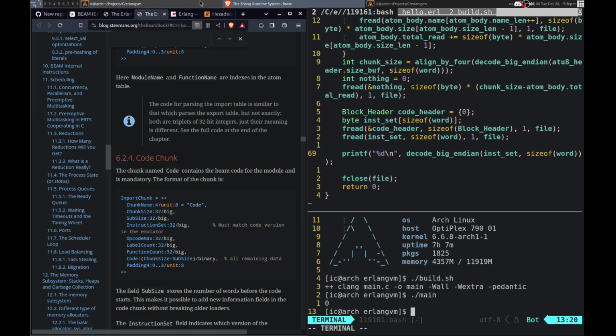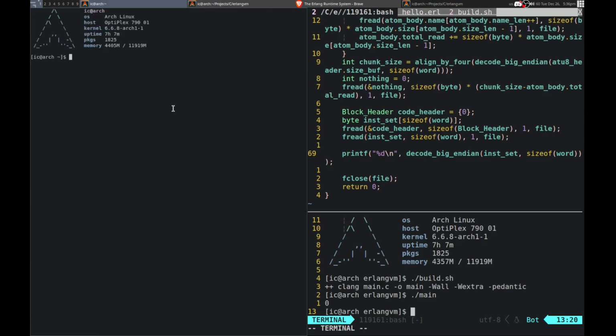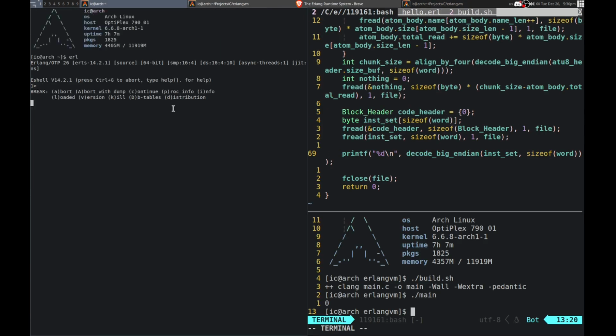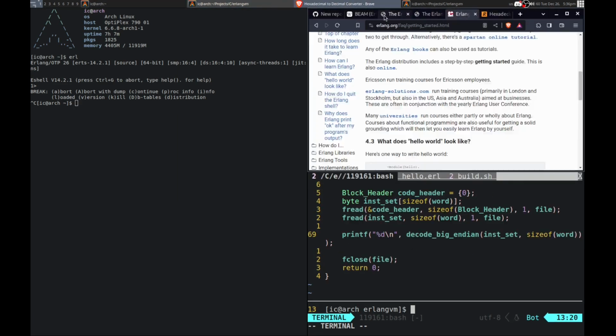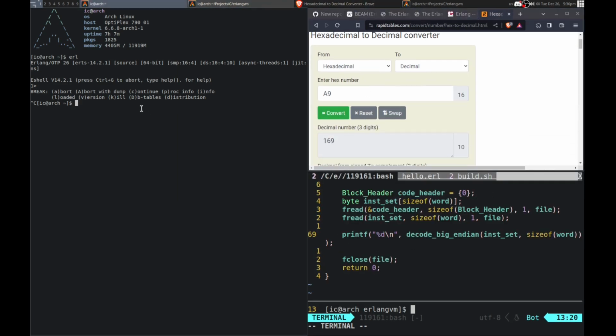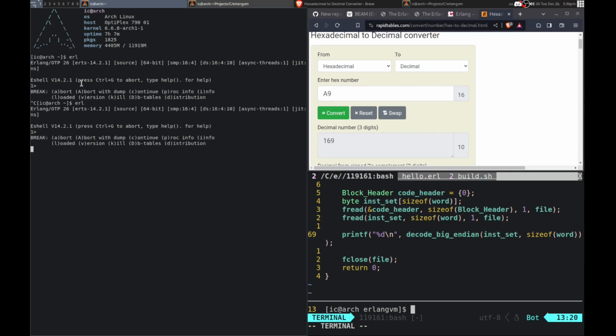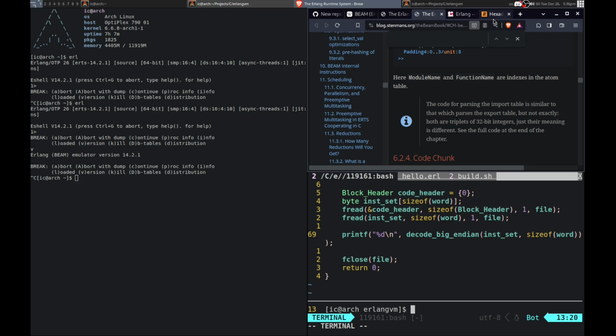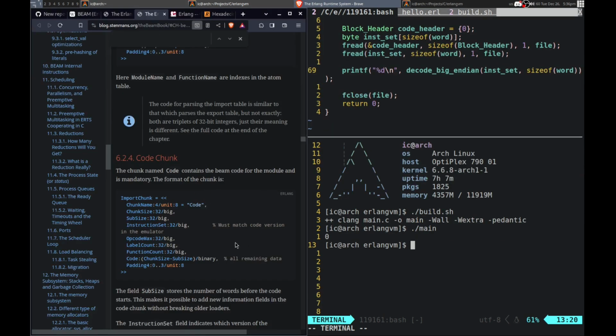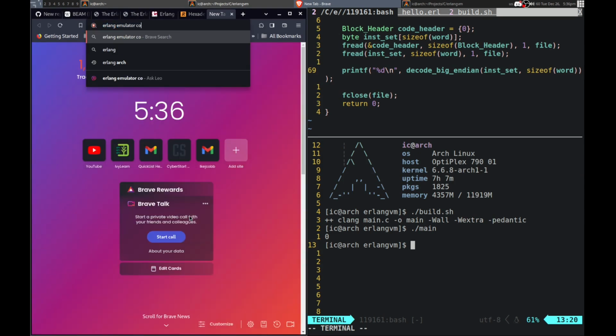Okay. So in the emulator, what is it? Actually, is it 14.2.1? Let's see. Can we do dash B? Actually, there was B. 14.2.1. So what is the code version in the emulator? Code version.